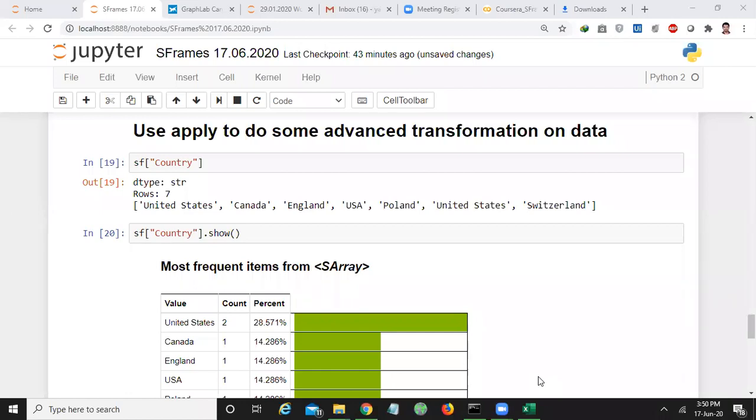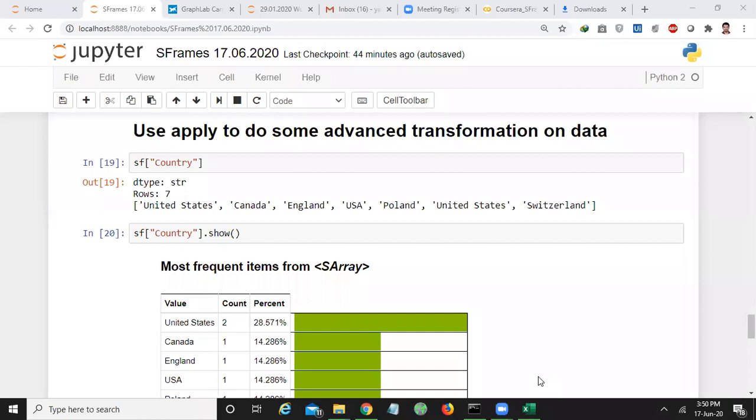Then what you can do is decide the new column name. For example, we have first name, last name, age and country.